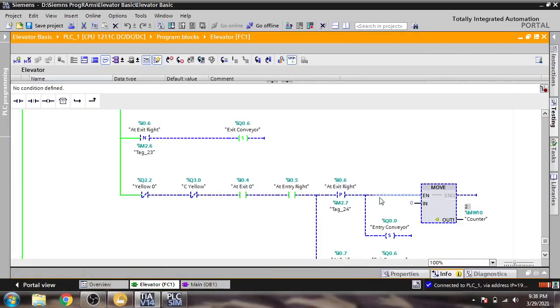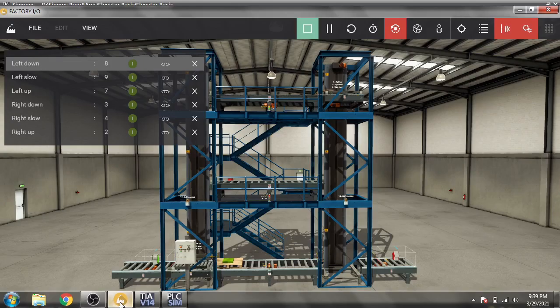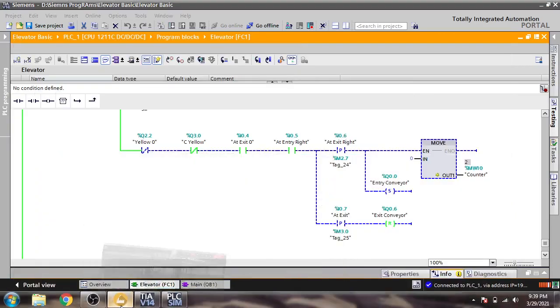When it reaches there, you will see it will move counter to 0 at exit.